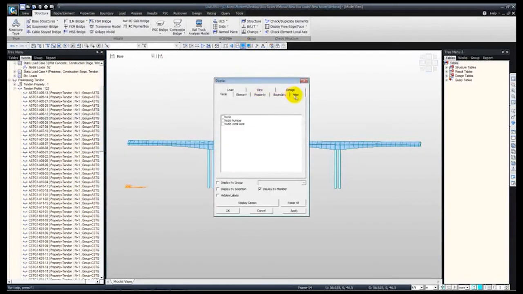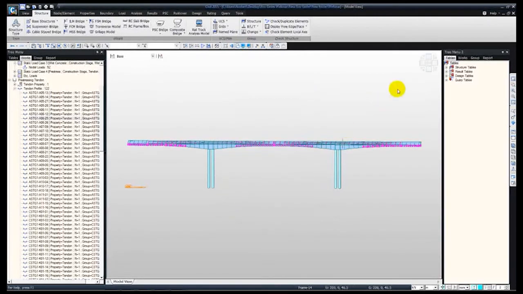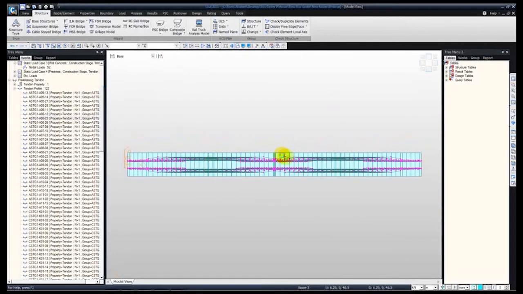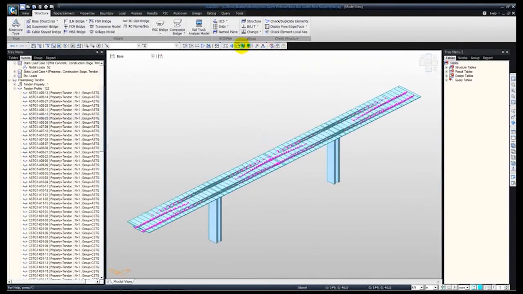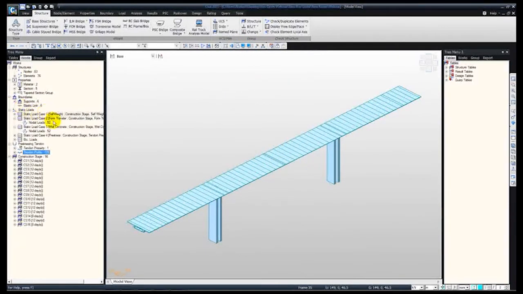Let me show you the tendons first. So go on to tendon profile, and here you can see the tendons from the front view. As you can see, we have the tendons at the top of the sections and as well as at the bottom of the sections. Also from the top view, if I zoom in, you can see where the anchorages are done at different points. Okay, so let me undisplay the tendons,